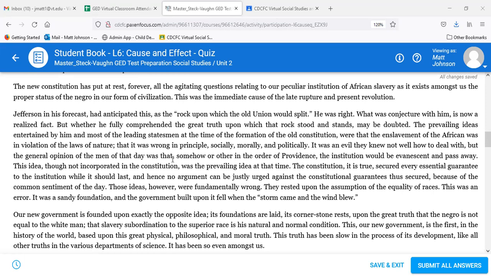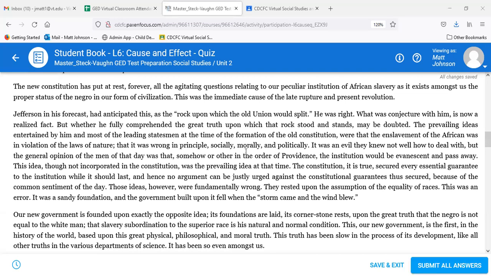That it was wrong in principle, socially, morally, and politically. It was an evil they knew not well how to deal with. But the general opinion of the men of that day was that somehow or other, in the order of